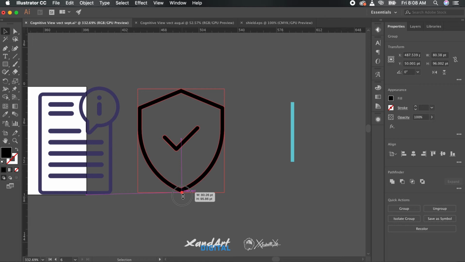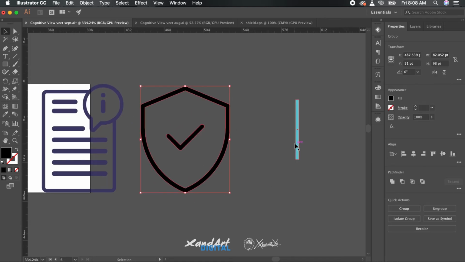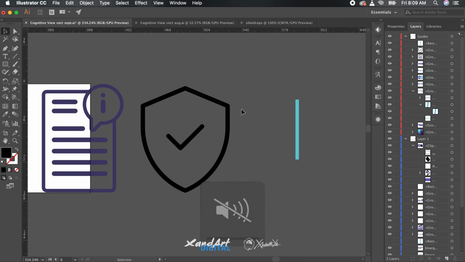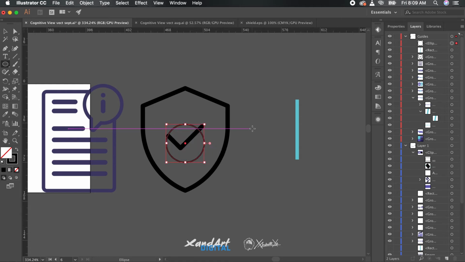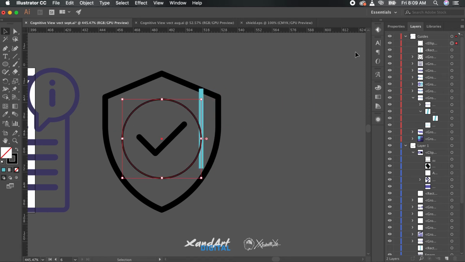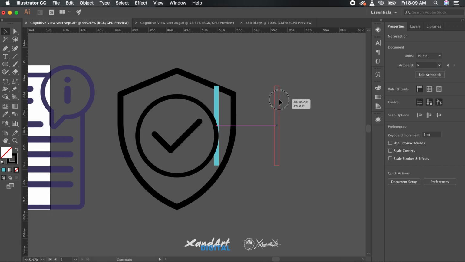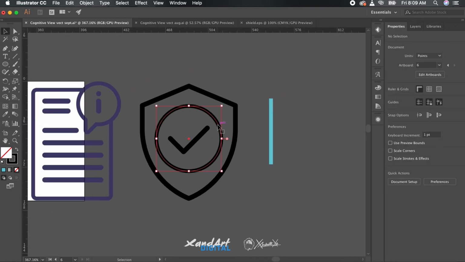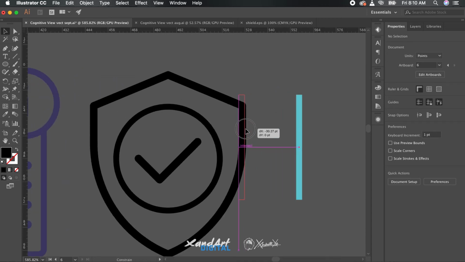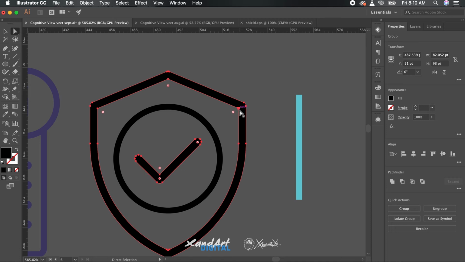Now if you are decreasing the weight, we will have to remove the extra weight parts with the help of the shape builder tool. The shortcut is Shift plus M, and using that we will select the object along with the outline strokes and remove the strokes by pressing the option key. Like, we will drag on the areas with the option key pressed, that will minus the shape. If you want to add the shapes, just drag it on with the mouse or touchpad pressed. As for me, I work directly on the touchpad.